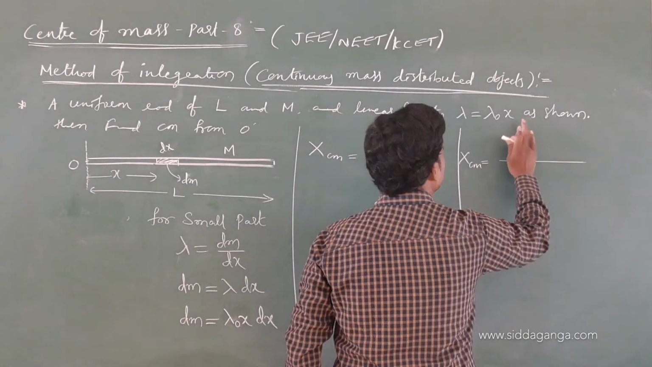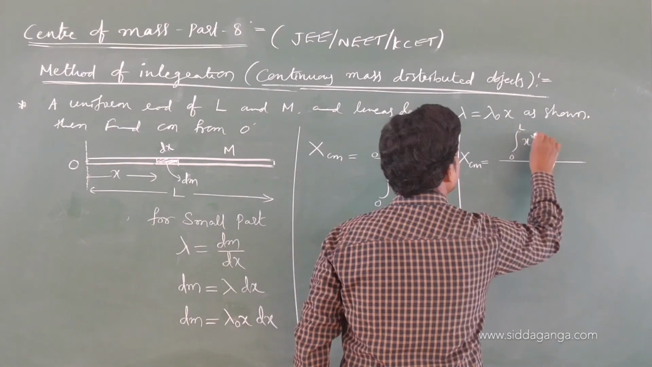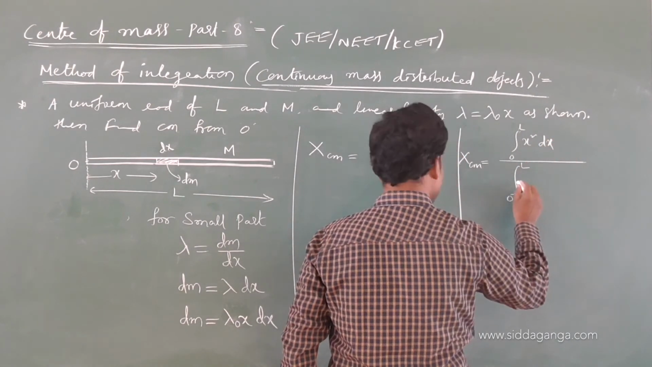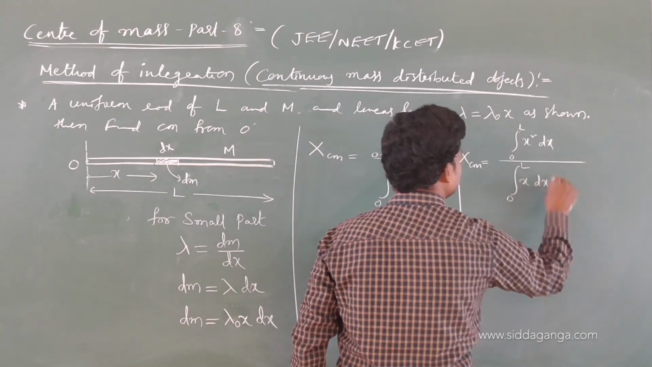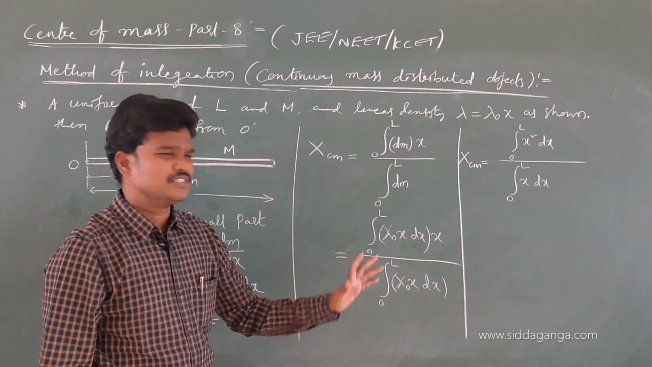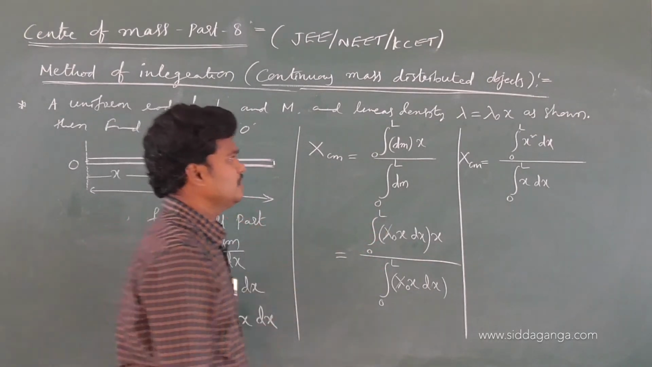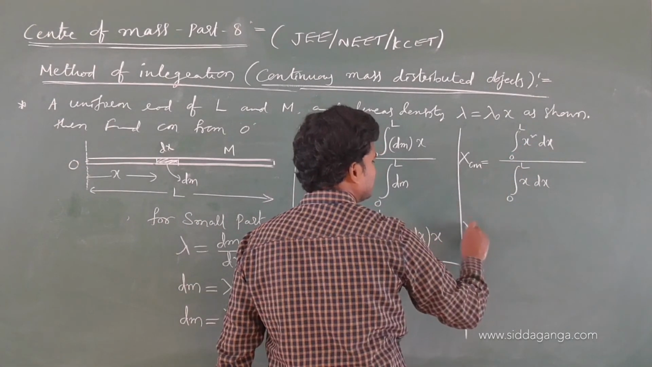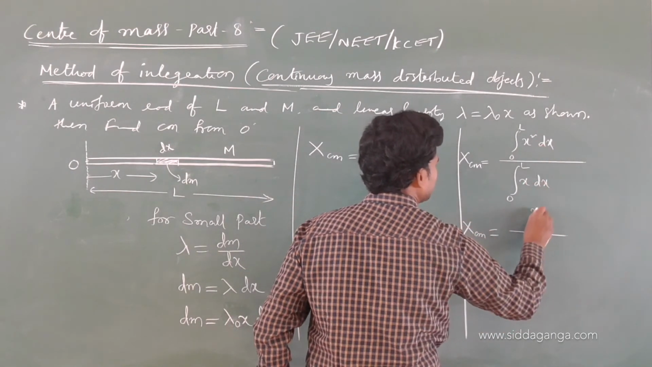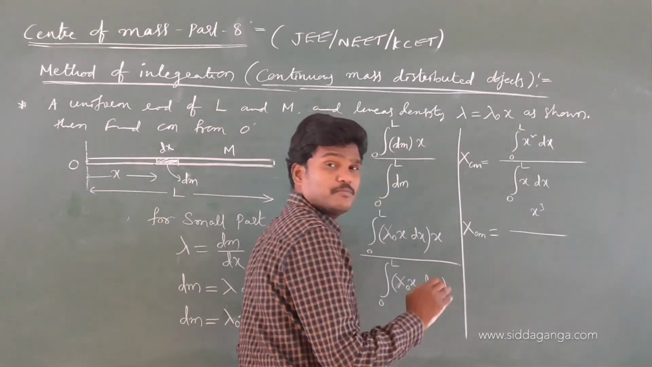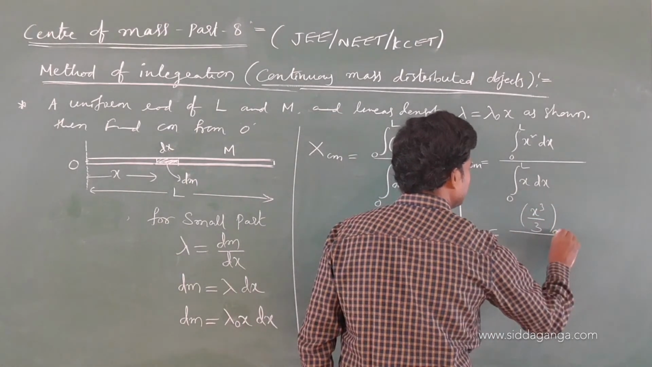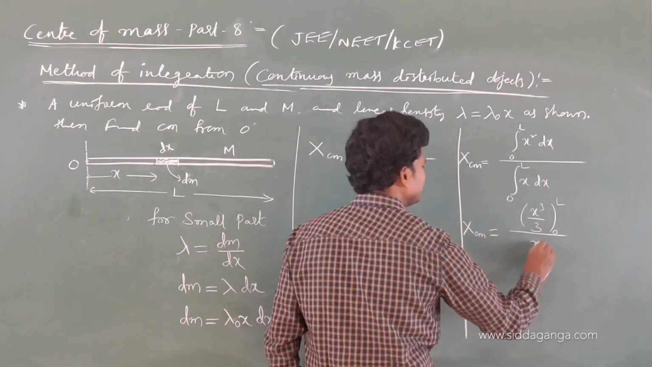This is 0 to L x square dx, and 0 to L x dx. This is the integration process. If you know the integration process, this is nothing for you. Integration of x square is x cube by 3, like x to the power of n plus 1 by n plus 1. X cube by 3, limits are 0 to L. X dx is x square by 2,